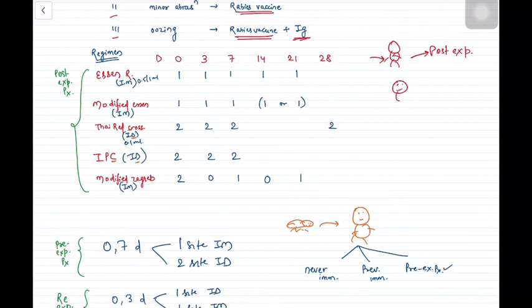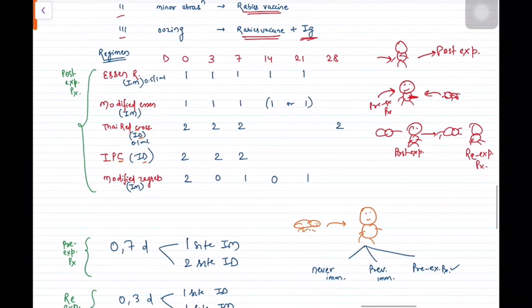Suppose you are a veteran doctor or someone who deals with pets every day, you already take a pre-exposure prophylaxis so that even if a dog bites, you are safe. And re-exposure: a dog bites you, you take a post-exposure prophylaxis, then after some time he again bites you, you again take a re-exposure prophylaxis, right?